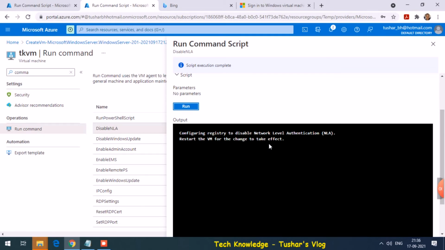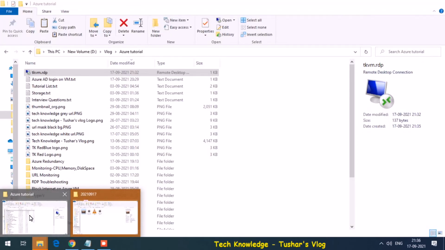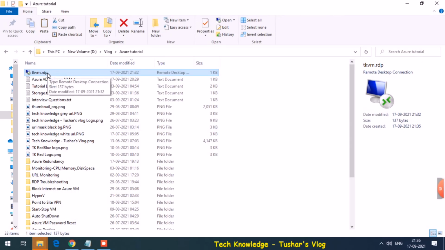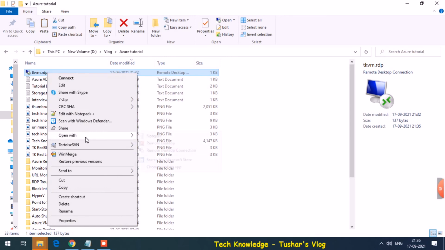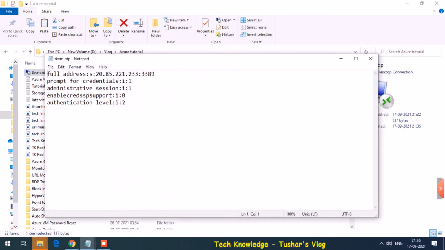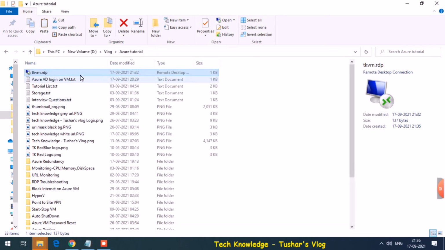Okay, so it's done. Let's go to our file. I have copied this file in a different location. Let me verify the RDP settings. Yes, I have the 2 extra lines. These 2 extra lines I'll put it in the description section below. So let's try connecting.